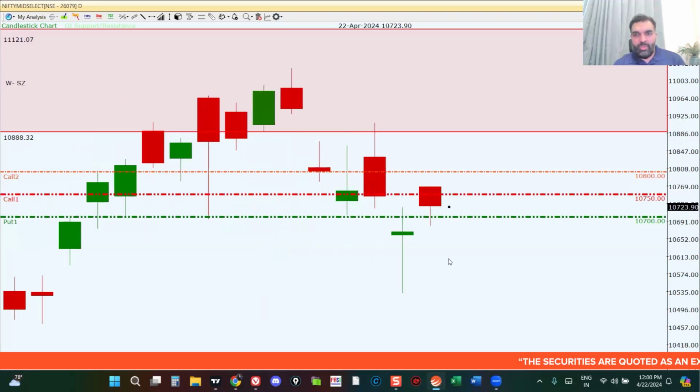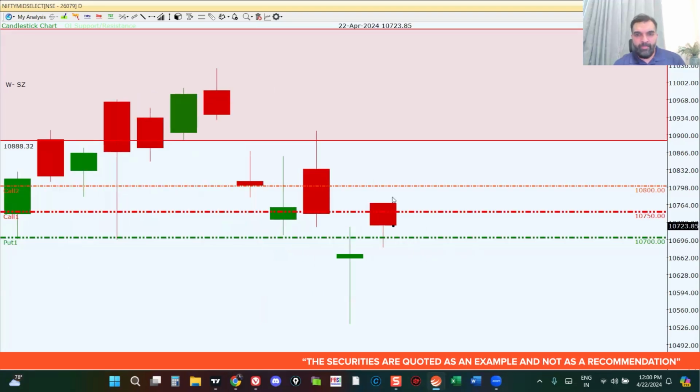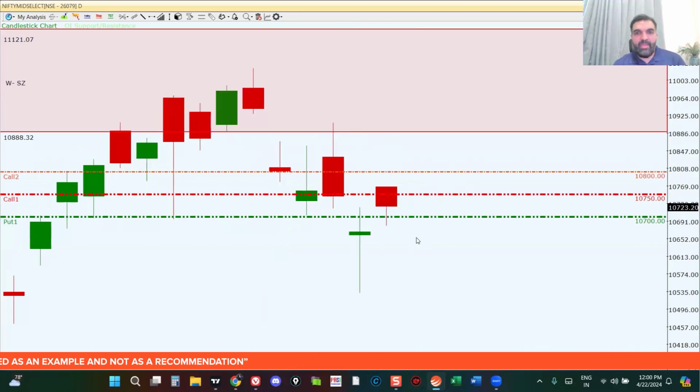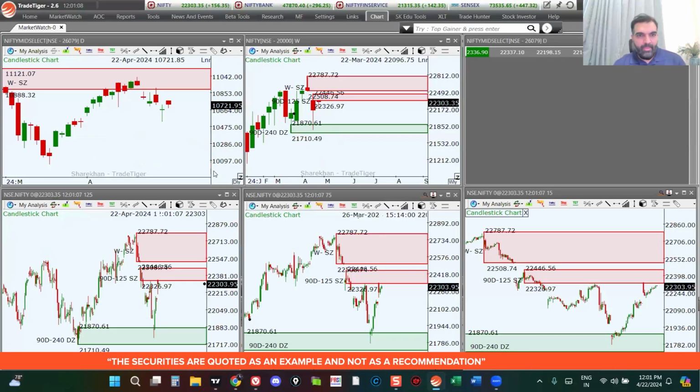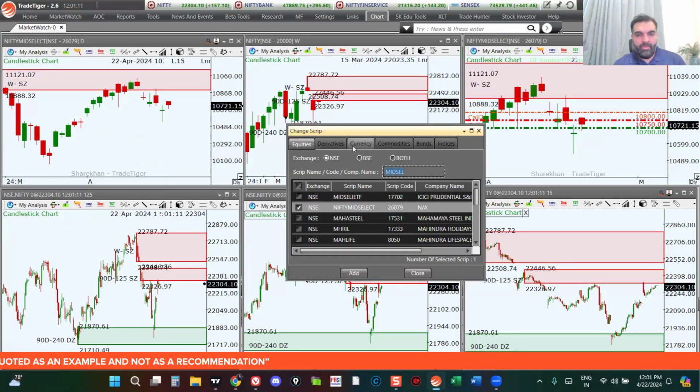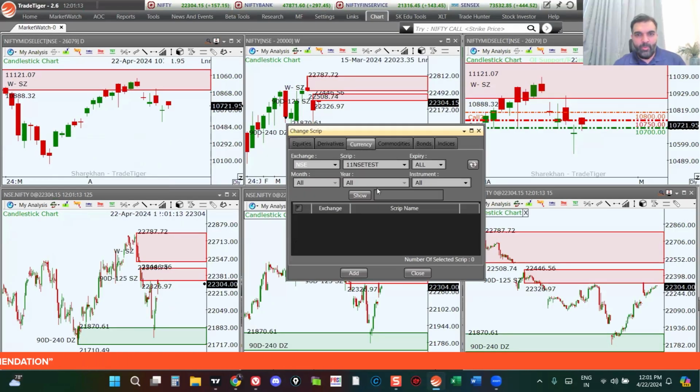And of course, today being expiry, you will see that these levels tend to compress when there is expiry, and then of course tomorrow the levels will start widening. So for today, since today is the mid cap expiry, 10,750 is the first highest open interest level, and then you have 10,700. So it's more likely that the mid cap Nifty is going to be ranging within a 50-point range for today's expiry.